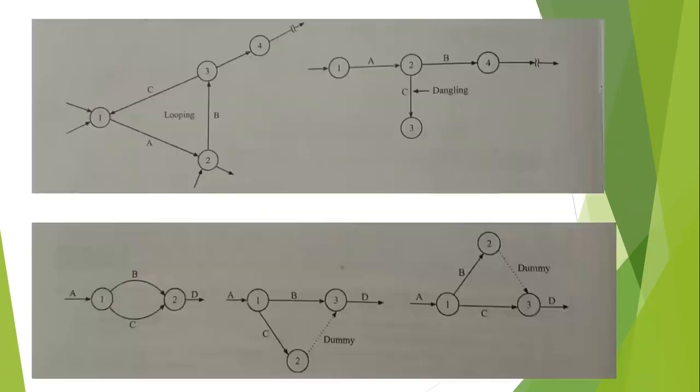Okay, this is the example for looping. Can you see A to 1, A to B, B to C, C to A? This is looping. Look at dangling. Now, event 4 depends on event A and B. Only when A and B have completed, this will start. But look at dangling here. Suddenly, I've created a new event called 3 and C. So now C is nowhere related to, event 3 is nowhere related to 4.